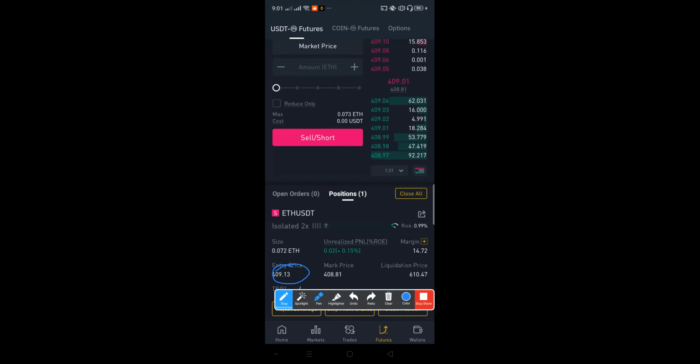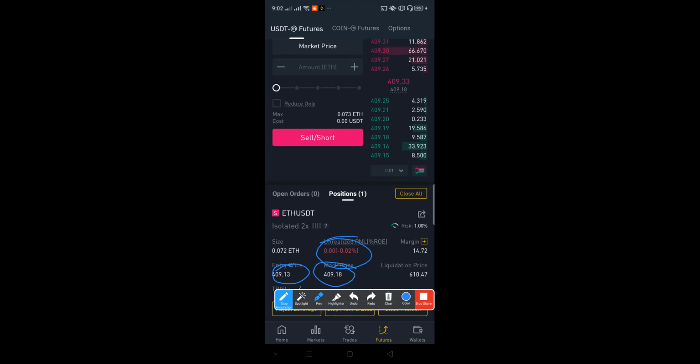But see what the market price is, 409.3. You realize that it's lower than our entry while I was showing us. So that's what makes us in profit. But now it is higher. You can see that our profit and loss, our return is